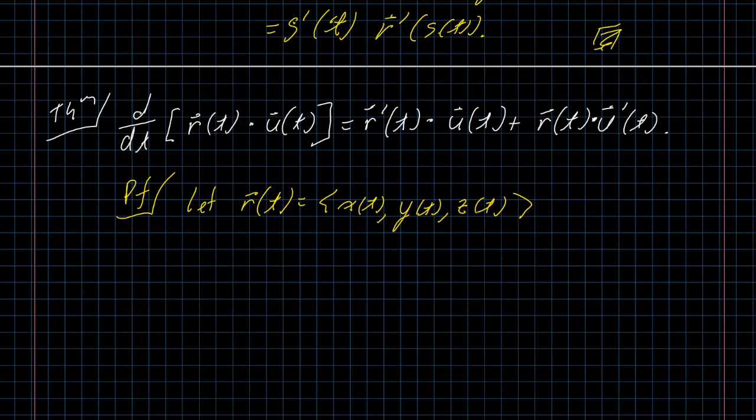And then we have u of t, and we kind of ran out of letters. And so I'm going to use f of t, g of t, and h of t just to give it